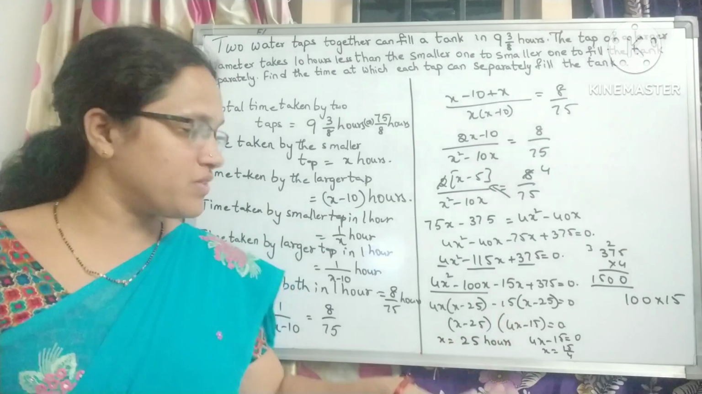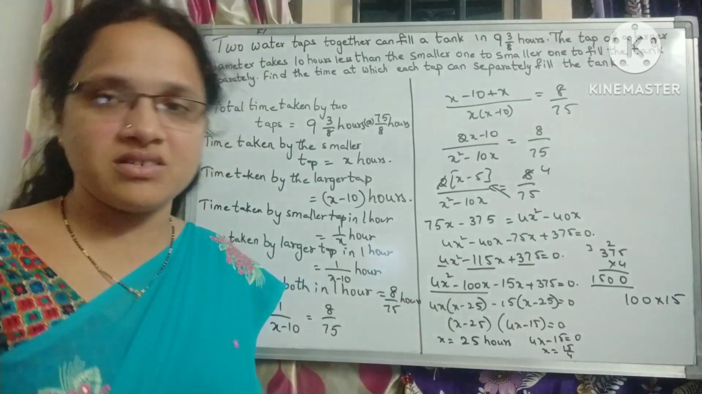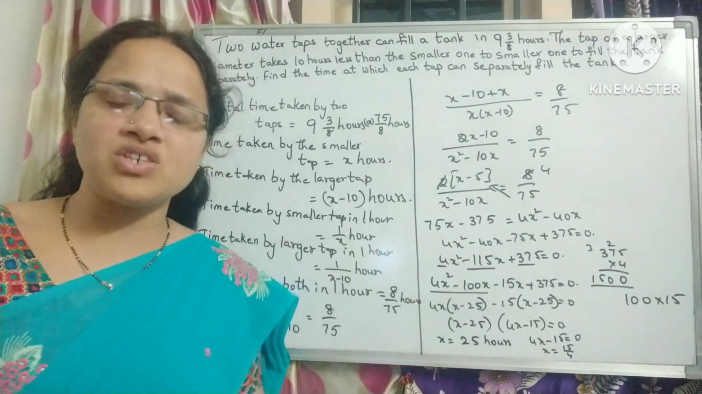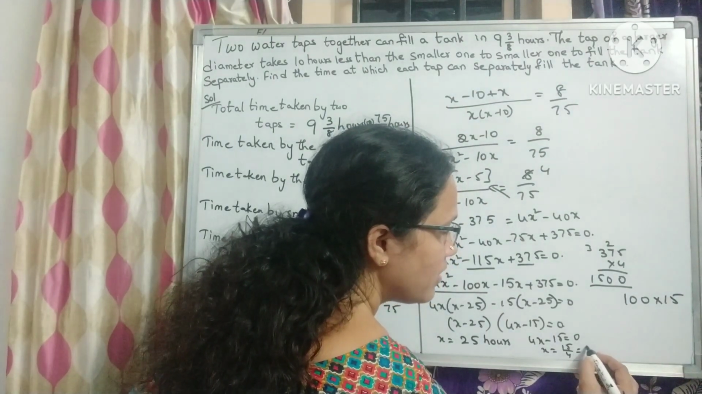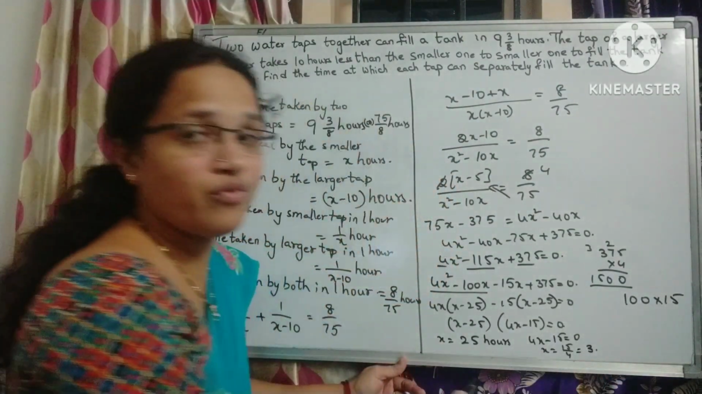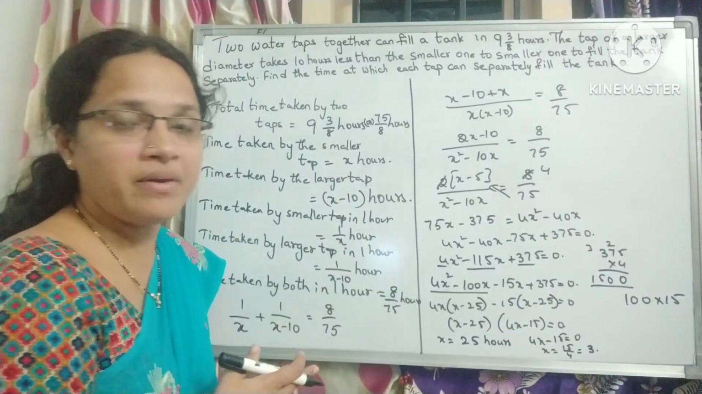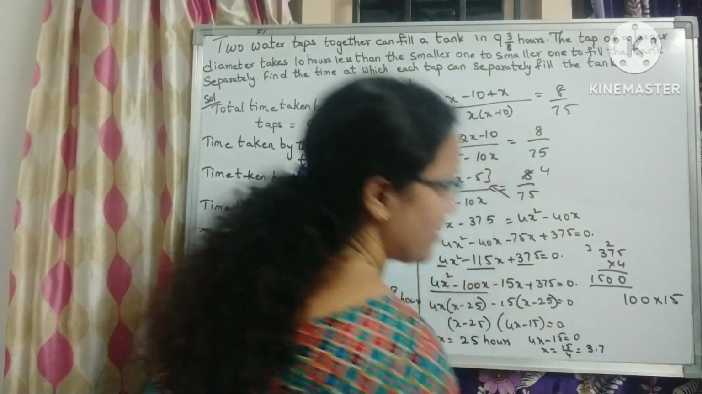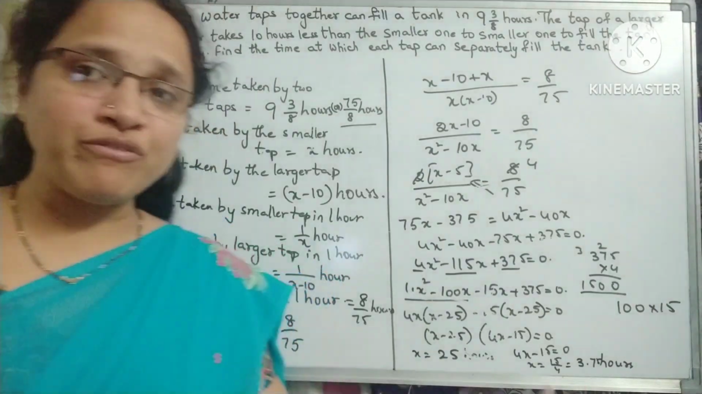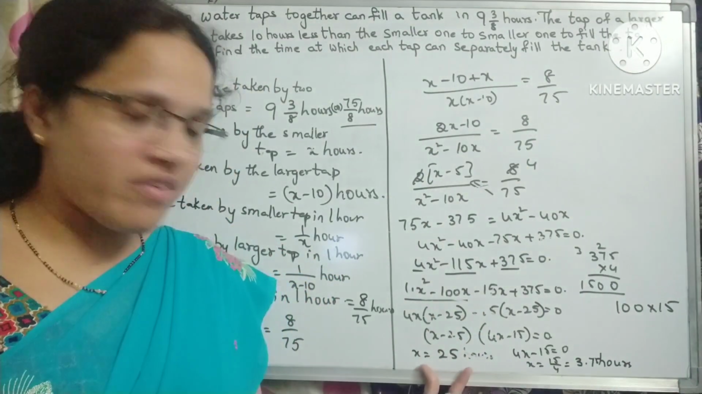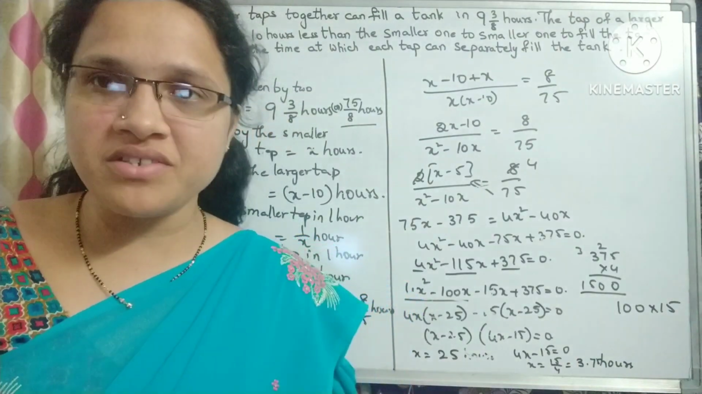See, 25 hours is given and 15 by 4 hours is given. Yes or no? 15 by 4 means what, children? Suppose you divide it. 4 3s are 12, and you will have 3 remainder. So it becomes 3.75. So 3.75 hours you will get. So we have two values of x here: 25 hours is one, and the second one is 3.75 hours. So two options are given for us